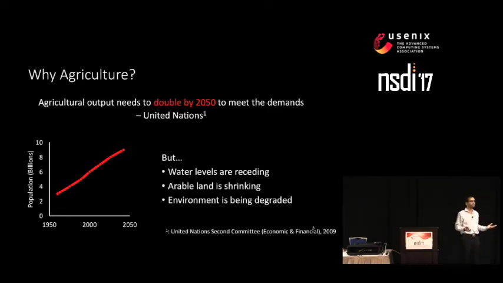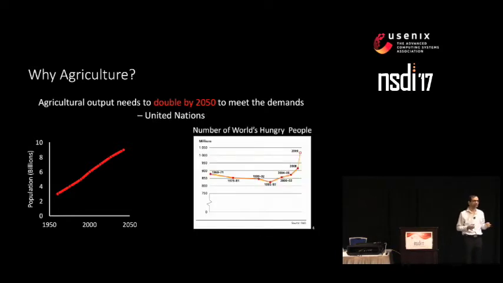Farming has been one of the biggest contributors of greenhouse gases to the environment. So we need to be conscious of the environment while we achieve that growth. In fact, one of the most worrying statistics that I've seen of late is this. This graph plots the number of hungry people on the planet from 1970s to 2010. So when the first green revolution happened in 1970s, we had more food, and the number of hungry people on the planet started going down. But of late, that growth has stagnated. So what we actually want is the second agricultural revolution. And thankfully for us, agricultural researchers have figured out a solution for us, data-driven agriculture.